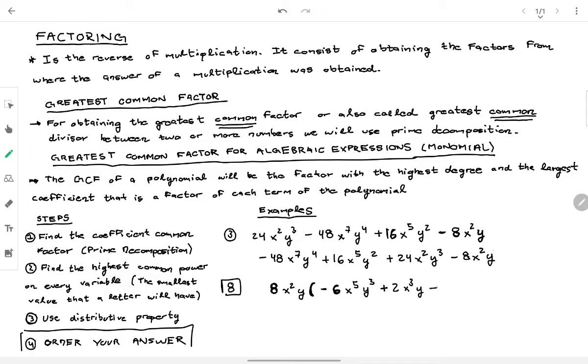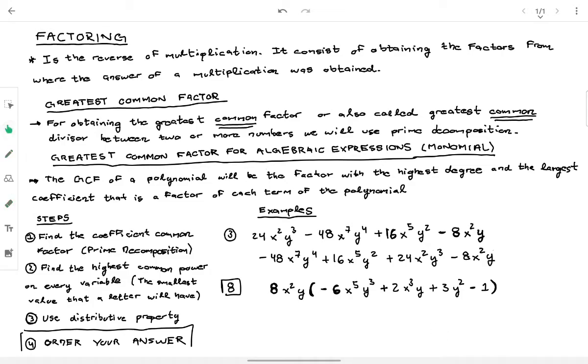8 to become 24, so it's going to be times 3. X squared to become x squared, we don't need anything. Y to become y cubed, we will need y squared. And finally, 8 x squared y to become minus 8 x squared y, we need to multiply it by minus 1. In this case, of course, I need to put this minus 1 because it doesn't have letters. So the coefficient 1 we only put where it is only the number, not letters. So here we have finished this one, but in this case, remember,